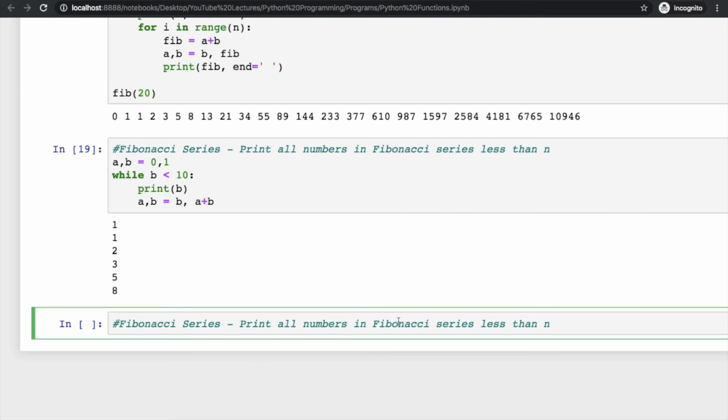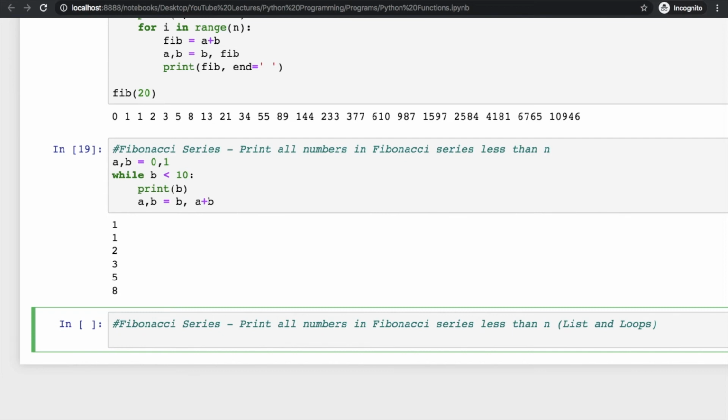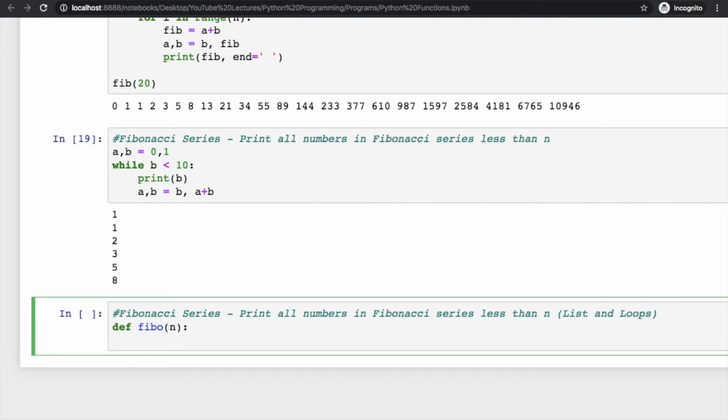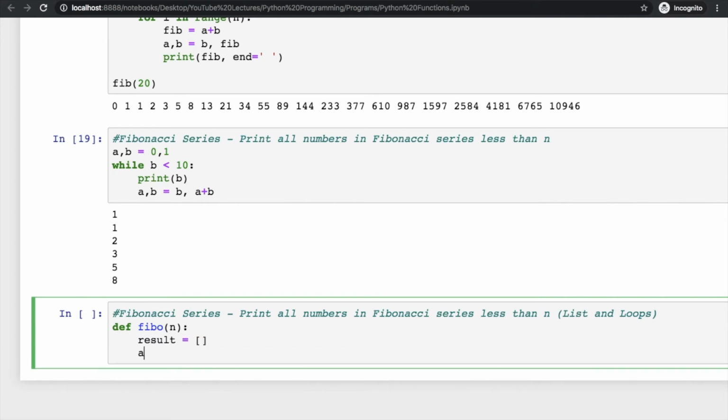We are printing all the numbers in Fibonacci series which are less than n, but here we are using list and loops, right? So let's start with def, and then we have to write the name of the function. I am writing fibo here. It accepts the argument n, define one variable result which is an empty list at this point, and then the same thing, a and b are 0 and 1.